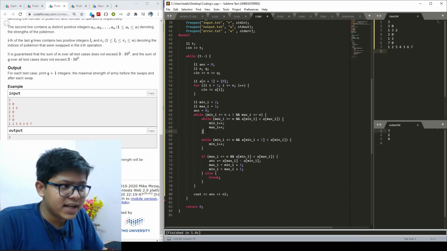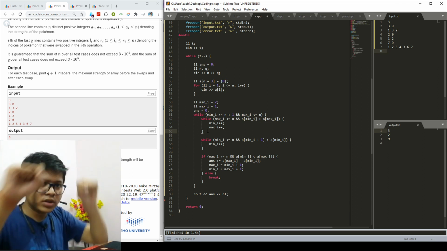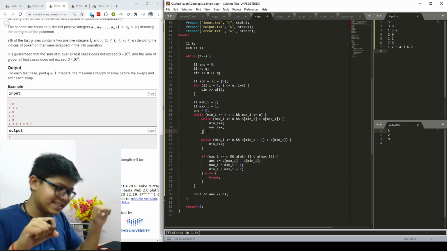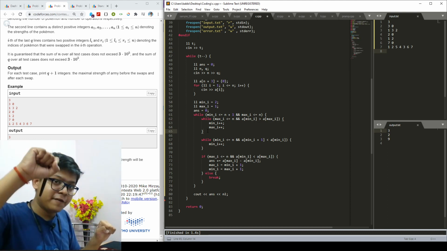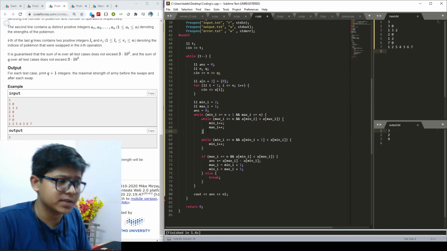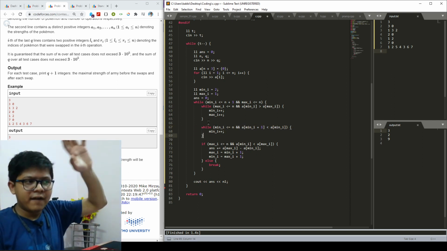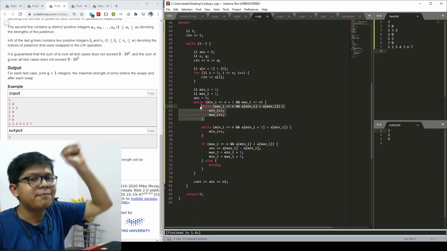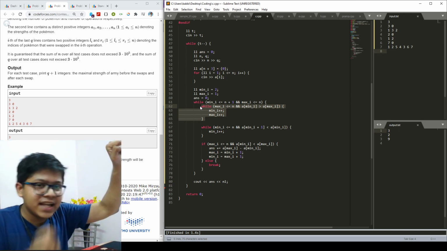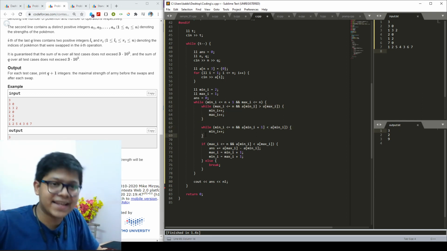In the loop right here, I am shifting my min and max, which means my min I and max I both. If a of max I is less and a of min I is more, I will shift both of them, as I said. Then after the loop right here, I would have my max I at the maximum. Now I need to reduce my min I up till the minimum. So here I am reducing my min I up till the minimum I can go.